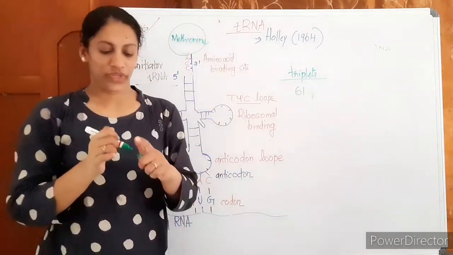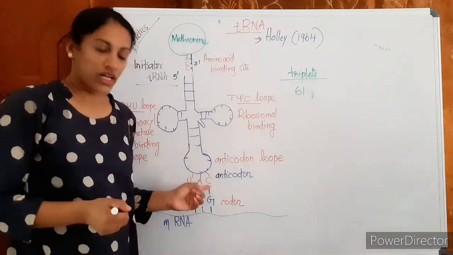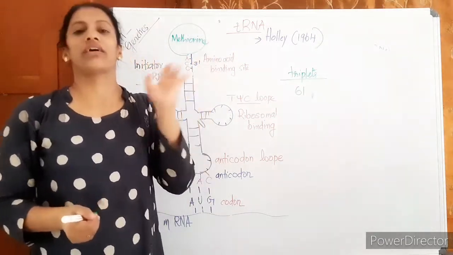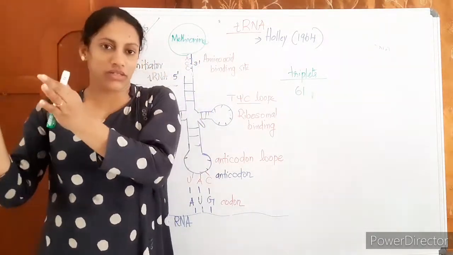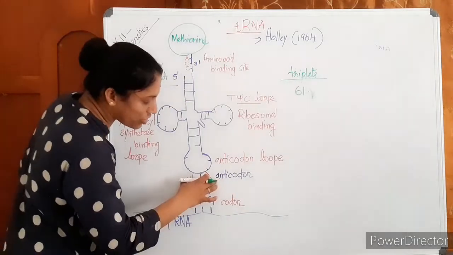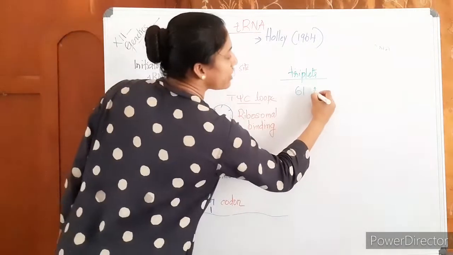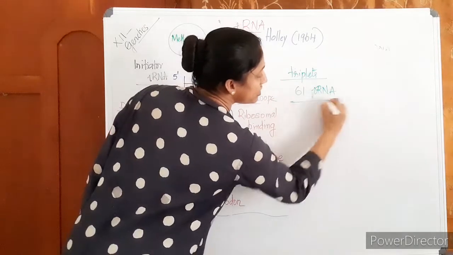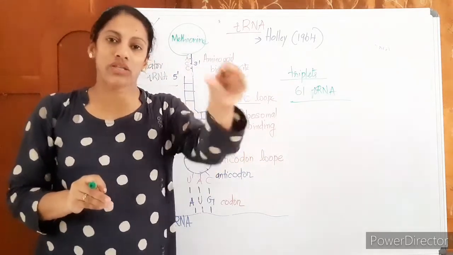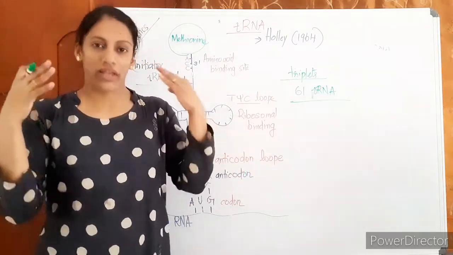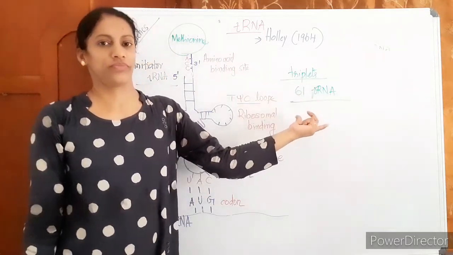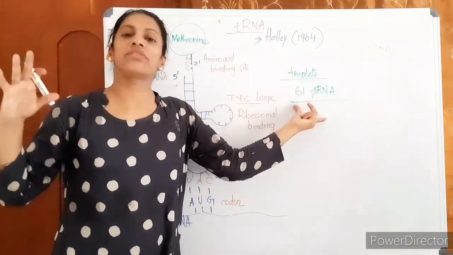Okay? Then see, the anticodon is specific to this. How many different types of tRNAs are required? Every triplet is different. 61 are there. Then if the anticodon is specific for the codon, 61 tRNAs are required. Actually, 61 different tRNAs are required to bind to each triplet. But in nature, in protein synthesis, 61 different tRNAs are not required. The number of tRNA molecules may be millions, but 61 different types are not there.